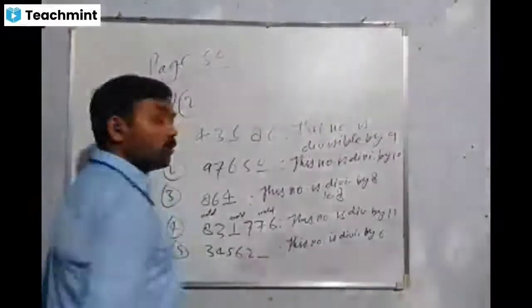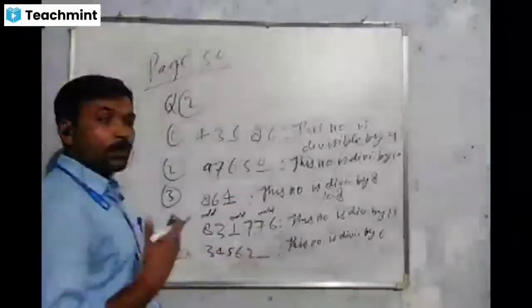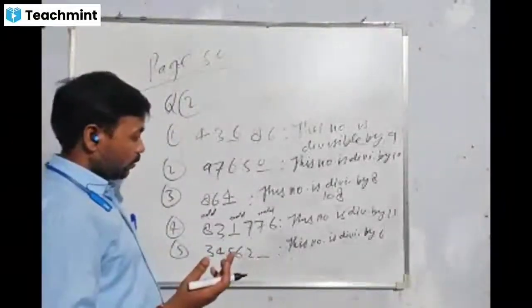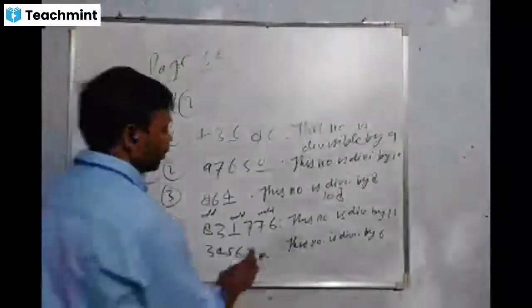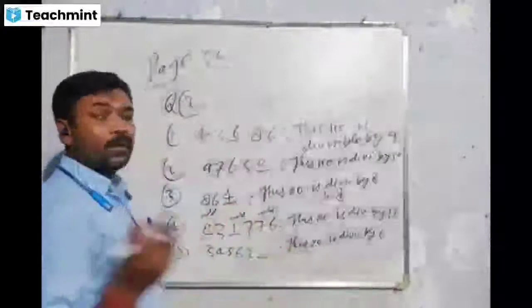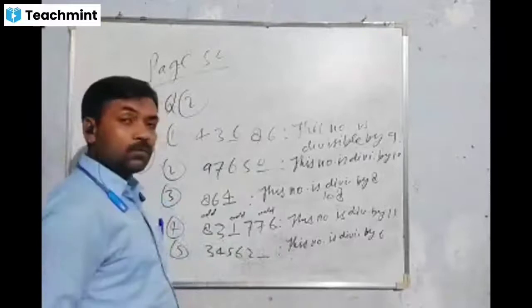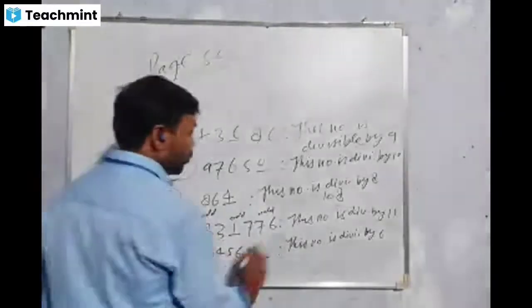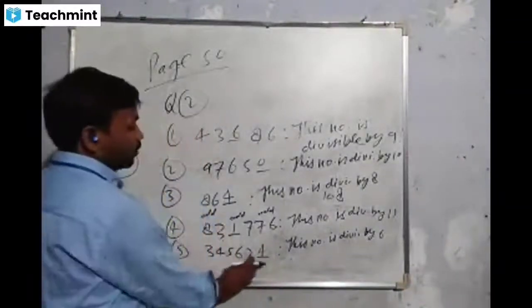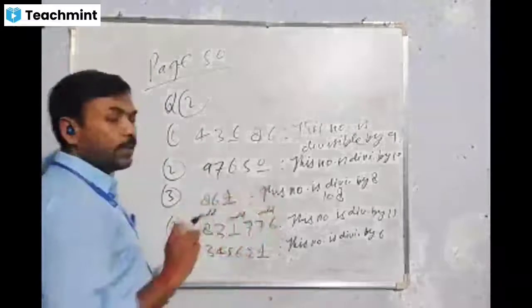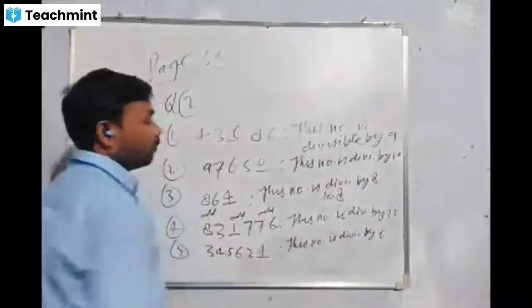So here it should not be 0. If we put 1 here, then the sum will be 21, and 21 is divisible by 3, but that number is not divisible by 2. So here it should not be 1. If you search, then here it should be 4. Their sum will be 24, 24 is divisible by 3, and with 4 here, this is divisible by 2 also. So this number is divisible by 6.